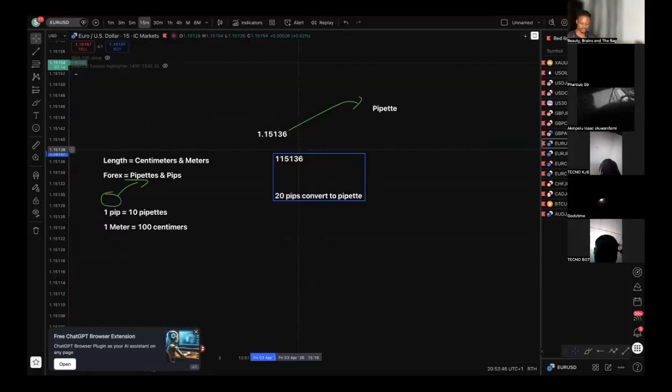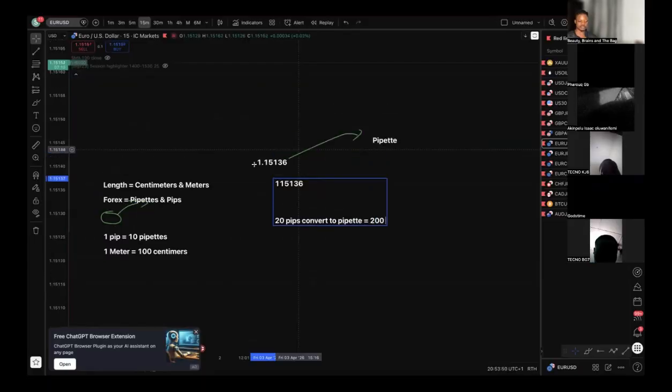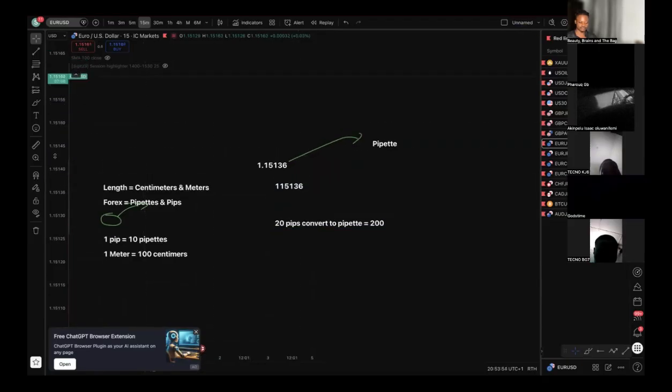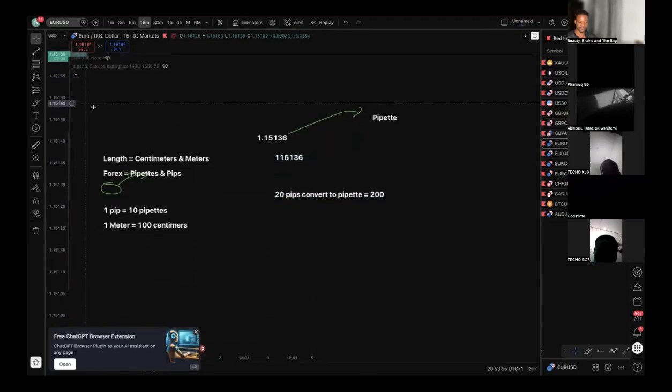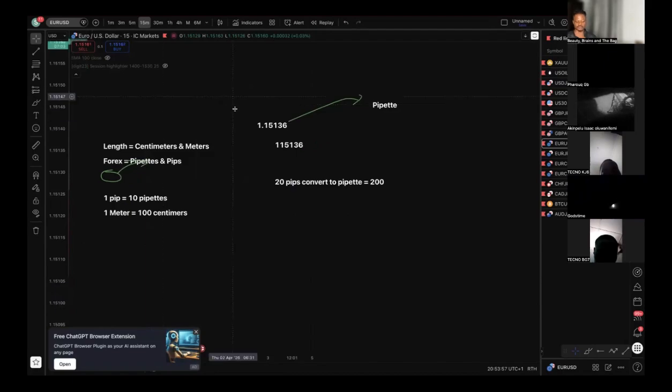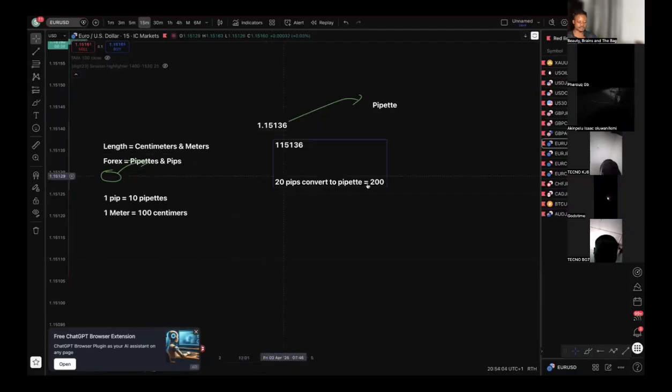All right, which will be equal to 200, and do your normal calculation. Don't worry if you don't get this part. This is for people that have been training for a while now. You understand? So if you have this and you want to add 20 pips, convert the pips to pipettes, 200,